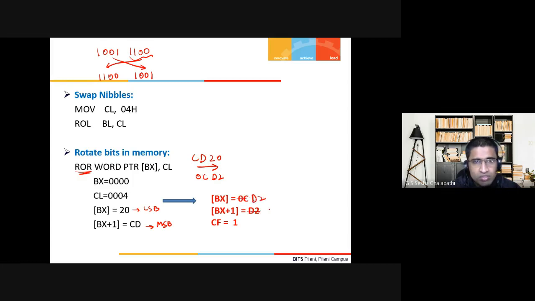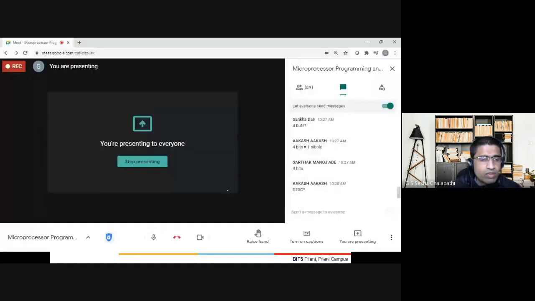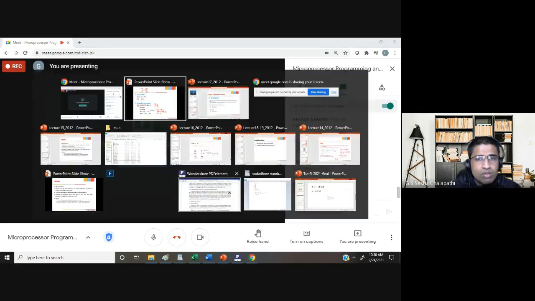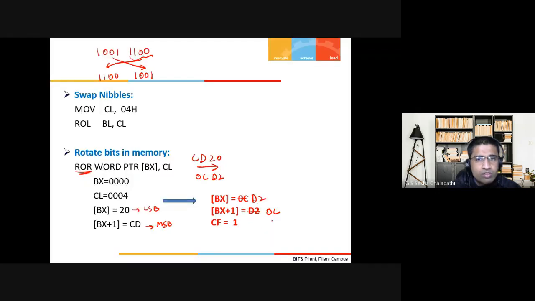So you will be rotating right, so this is D2 and this is 0C. So 0C here and D2 here, and the carry flag will become 1.